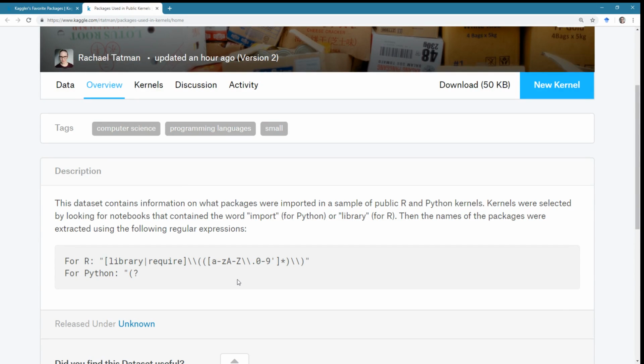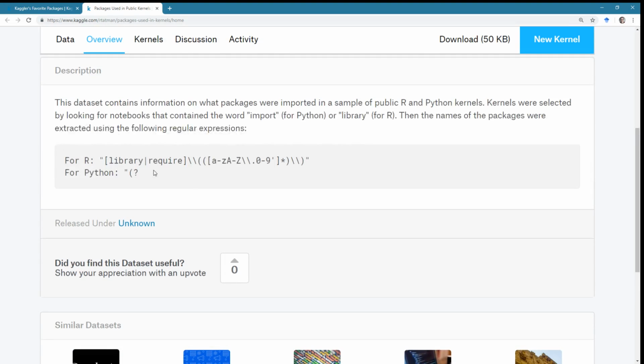Okay, that's interesting. There should be the rest of the description there. Well, I'll fix that later. Note to self. So I did use regular expressions to get information on the package names. So you can see that in R, library or require, and this should actually say in Python, (?<!from) import followed by the package name, a little regex that's going to get valid Python package names.